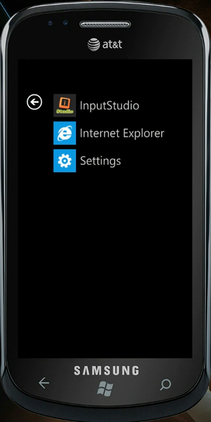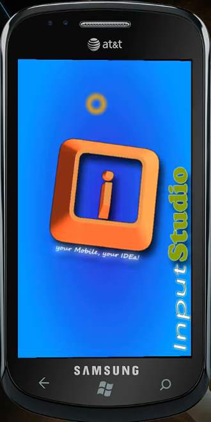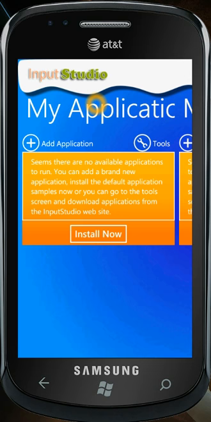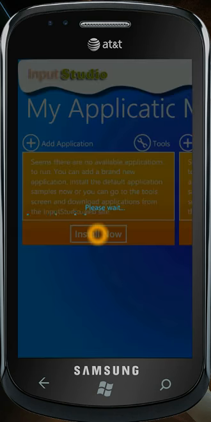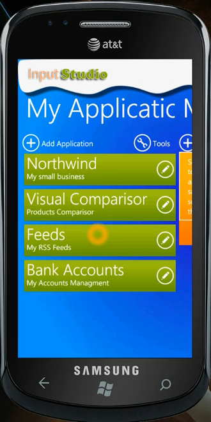Let's start by tapping the InputStudio application icon on your Windows Phone. When you run the InputStudio application for the first time, a notification message appears saying there are no available applications to run. You can install default sample applications by just tapping the Install Now button. 4 samples are installed. This video will show you how the Northwind sample application was created and how it runs